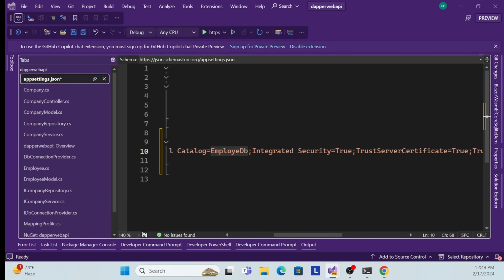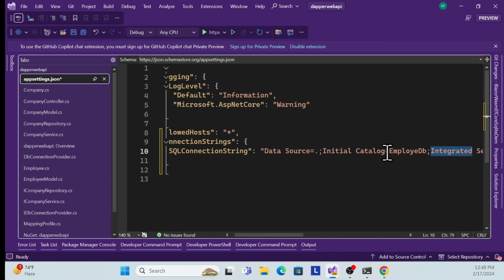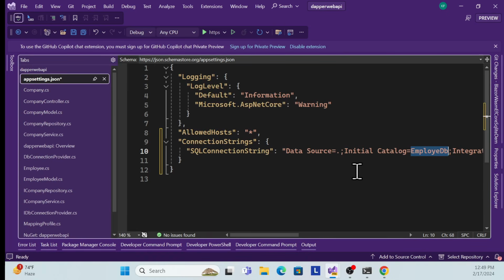So you can create whatever DB and things on your side. This is the way we can set a connection string, and this is a DB we already have, an employee DB, which has those tables. But make sure